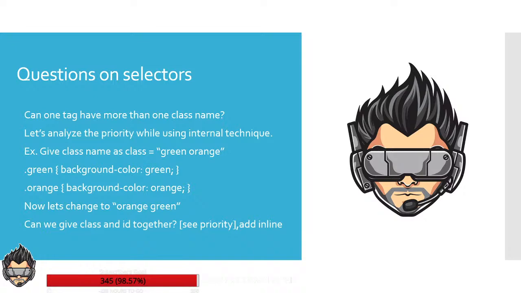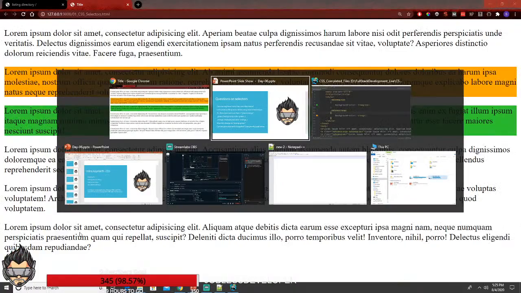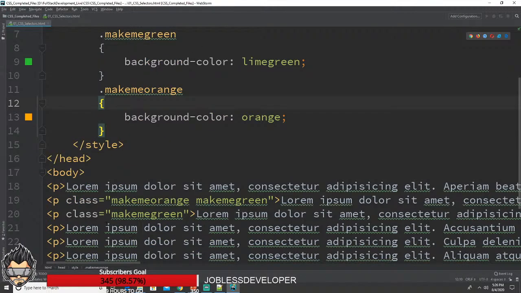So the next thing is, can we add a class name and ID name together? Now that we know what a class is and what an ID is, it's audible, right? That's nice. Cool. So now that we know what a class name is and what an ID is, we need to see,